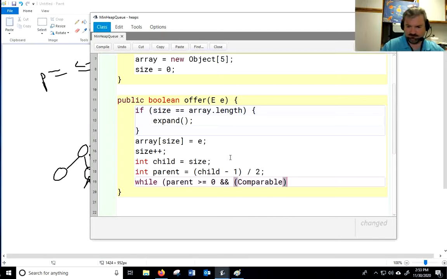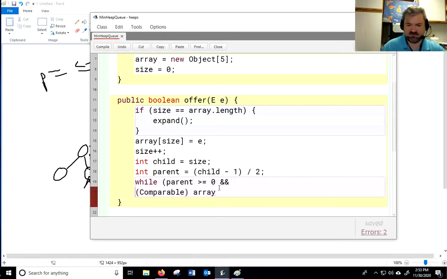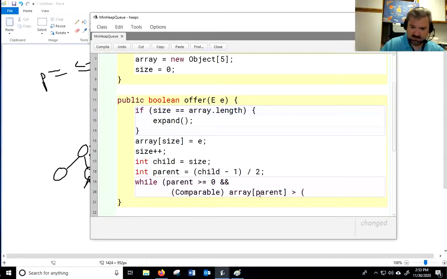Comparable array, I'll move this down to a new line so we can see a little better. Array[parent] is greater than... sorry, array[parent].compareTo